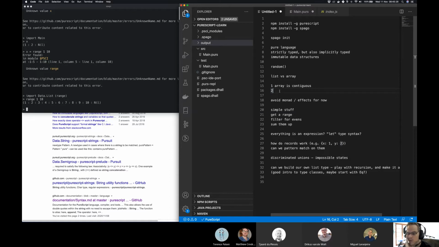Nothing. So Miguel is 100% right that an array is typically, I would use the word contiguous. I don't know whether that's the right word, but what that means is the elements of this array from a memory perspective are all right next to each other. And so there are benefits to that.